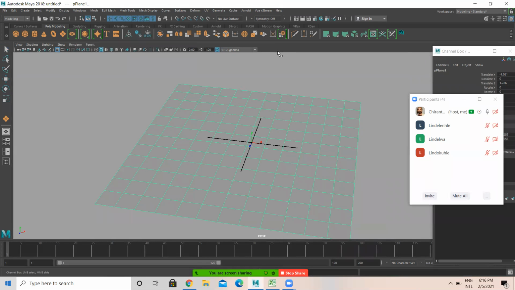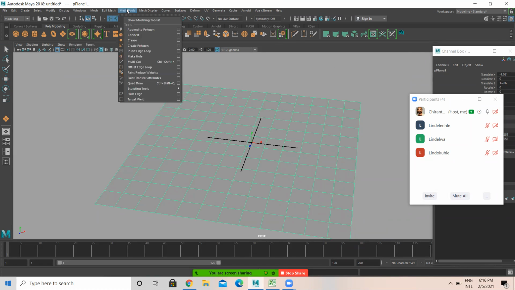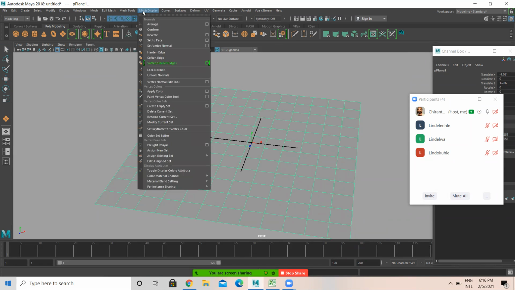Then I don't want a plain surface. I want a bit sculpted area. Okay, so for that there are options. I can take the sculpt poly tool and all.